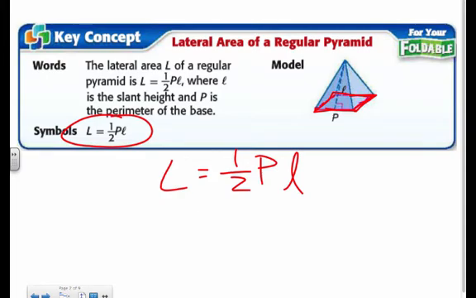We want the slant height, right? The going up at a slant. So that's why we use L. And we got to take 1/2 because it's going to a point. So it's 1/2 times perimeter times slant height for that lateral area. So if you think about what our shape kind of looks like, it'll make sense on why we use the